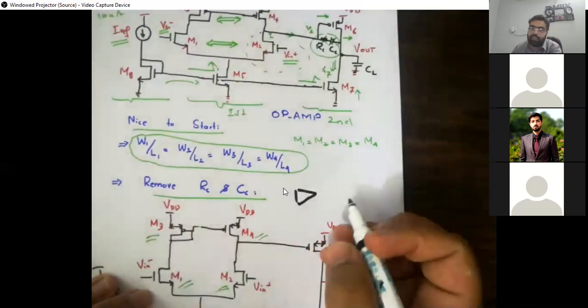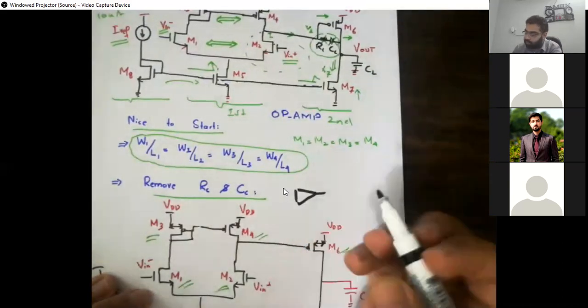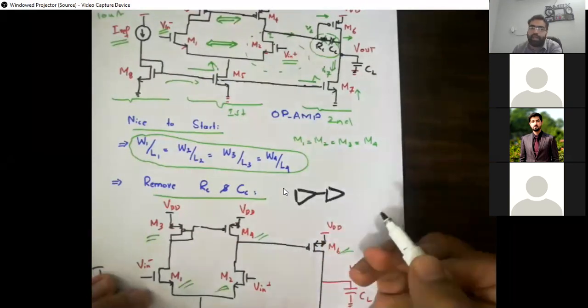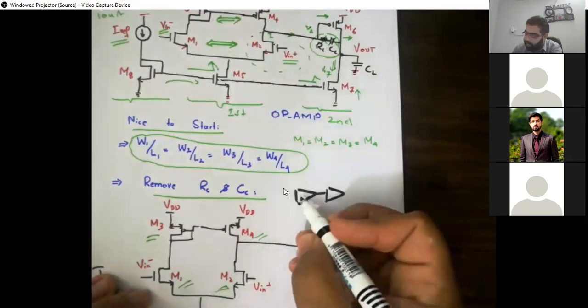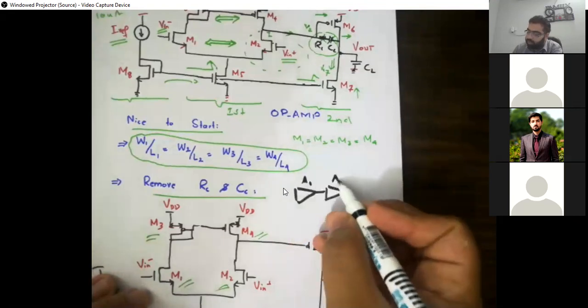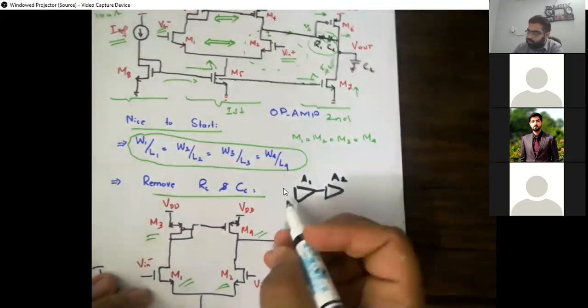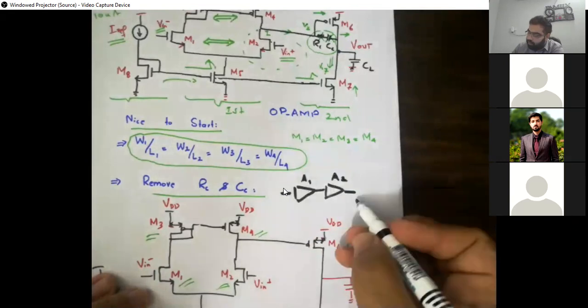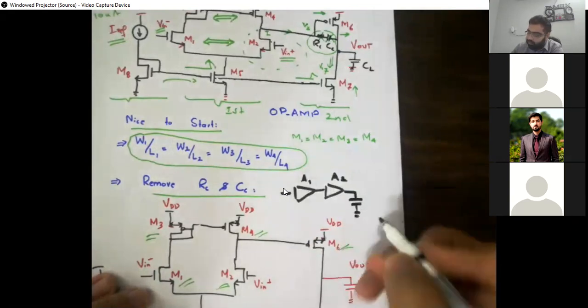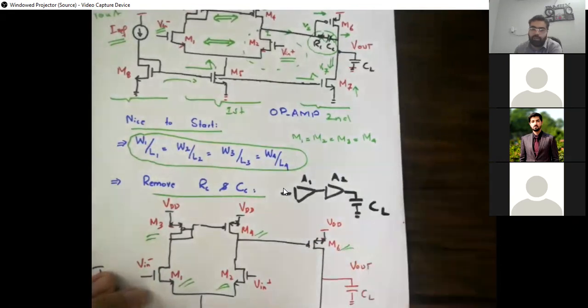हम लोगों ने स्टार्ट किया था सिंगल स्टेज एम्पलीफायर से. तो अगर आपके बैक टू बैक लगे हों, this means they are cascaded together. इसका कोई गेन है A1, इसका कोई गेन है A2. अगर इस किस्म की कॉन्फ़िगरेशन बन रही है, this one is known as a common stage amplifier, common two stage amplifier. तो यही काम है जो भी हम लोगों ने बनाया. ठीक है,